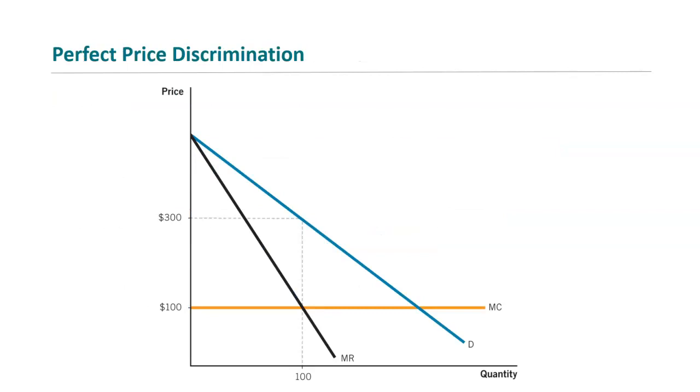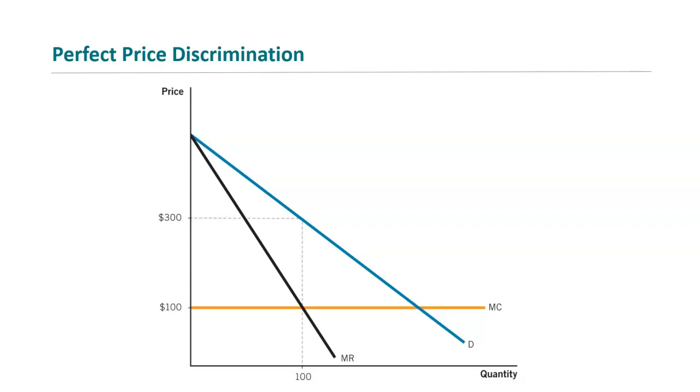So here's a monopolist, right? We know it's a monopolist because they have a downward sloping demand curve and a downward sloping marginal revenue curve that's beneath it. Our marginal cost curve in this case, just to keep things simple, is horizontal. Remember, marginal cost and supply are the same thing, but rather than our typical upward sloping marginal cost and supply curve, we're going to keep the calculation and our triangles simple and say we have a flat marginal cost.